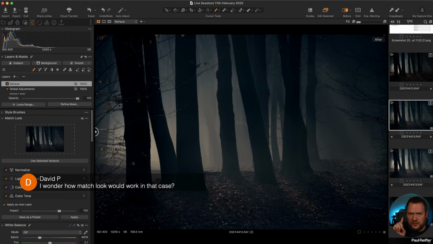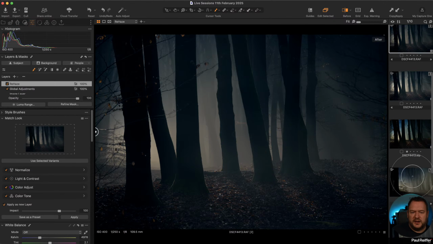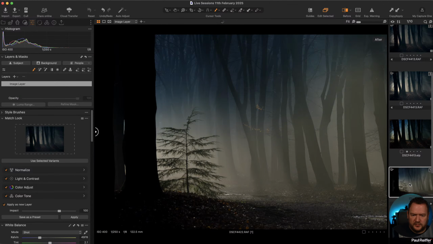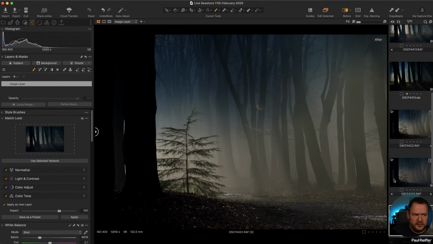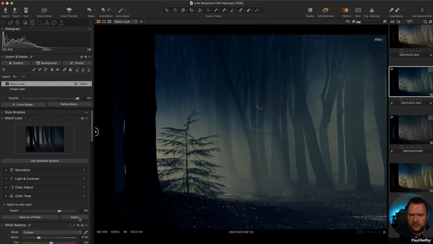What match look is not going to do is do my mask. It's not going to copy my mask across. It's not going to do any of the clever stuff like that. But what it is going to do is globally change my next image. So this one, let's create a clone of that variant. So this again is the original. So before and after, no different. I've got the one that I edited here, this one here. I'm going to leave all the options on just to see what it does out of the box.